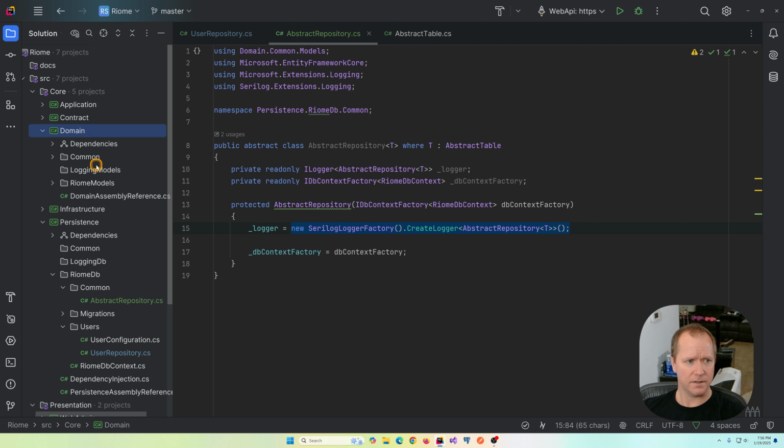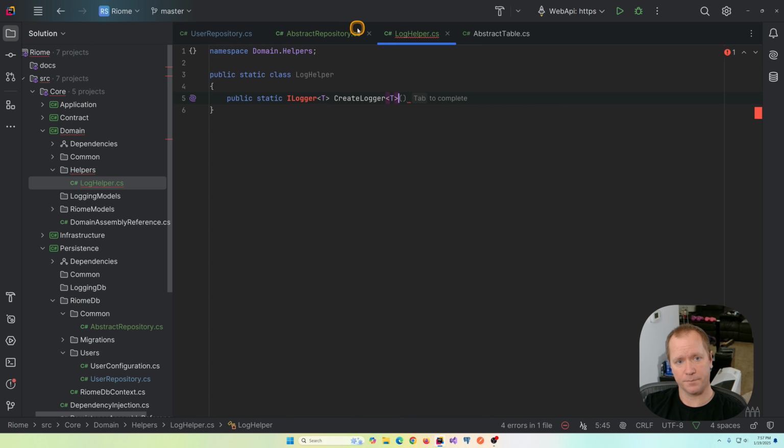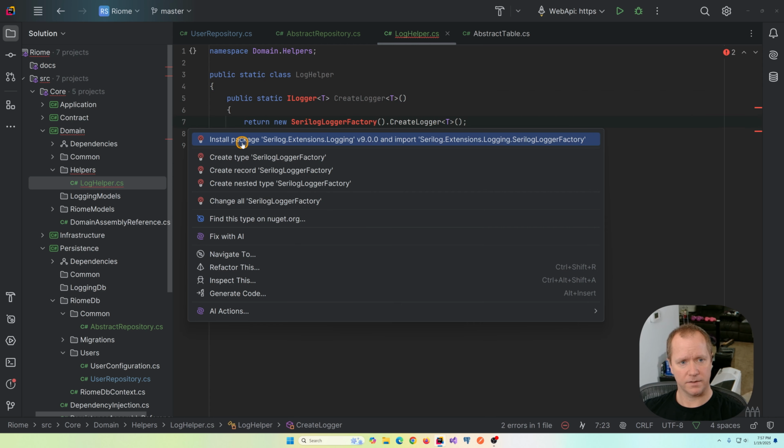So on the domain project, I do have a common folder, but I want to make a different folder for this called helpers. And I will make a log helper, which will be a static class, which will return an ILogger of whatever type is passed. And basically, we just need to return what we did before. Something like that. Now, Serilog factory, I don't have here, but it says I can use extension logging, which is